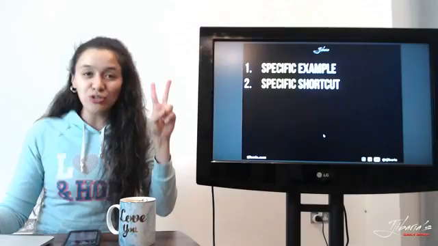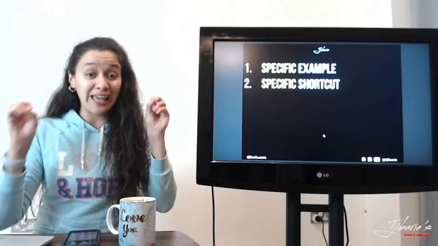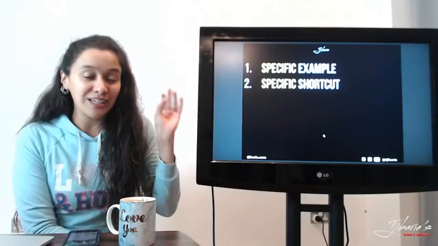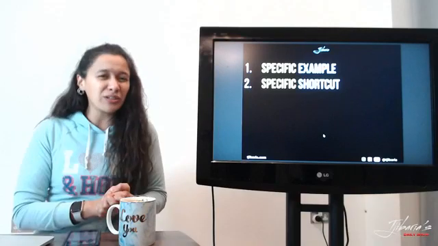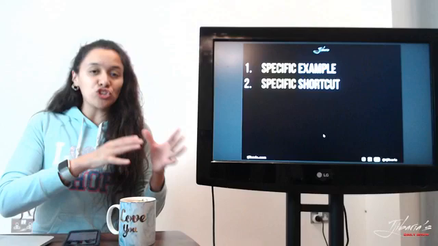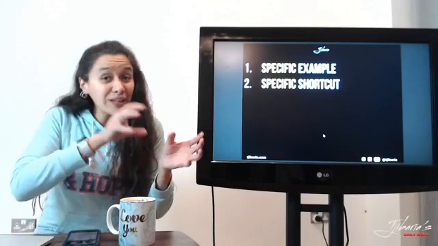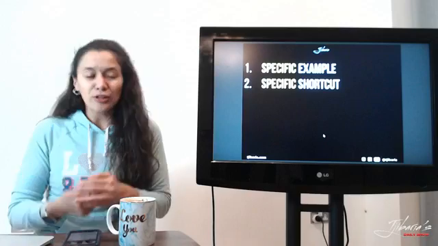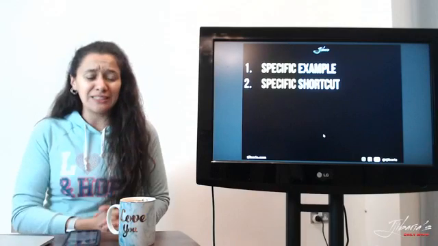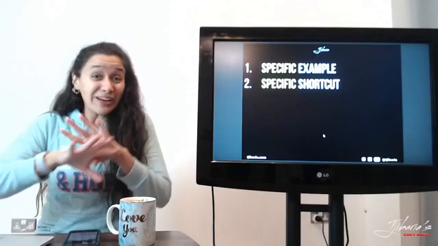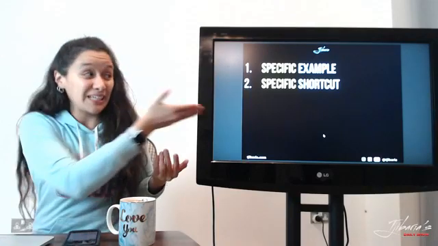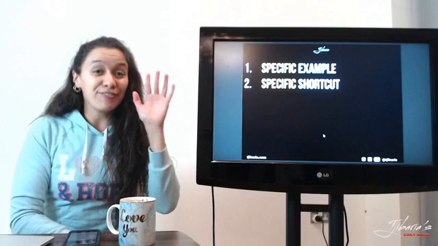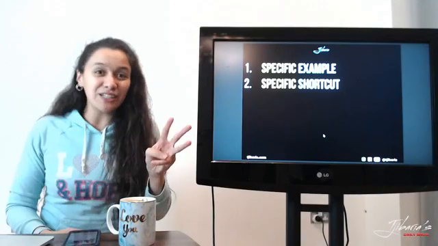Now let's go into step number 2 and make sure to comment below and to write down these things. The second way of how you can create a very strong converting headline is by a specific shortcut. What does a shortcut mean? It's basically you presenting a fast or quick or only few step way for a person to achieve something. A lot of the time you may have seen these things like 3 ways to do XYZ. Or even the title of this video is an example of this, 5 ways to create a compelling headline, right? Or 3 secrets to achieve financial freedom, right?